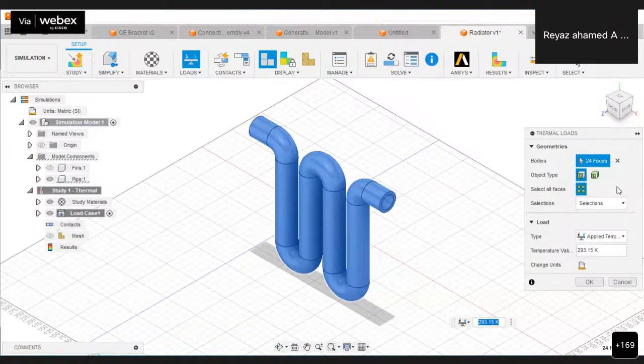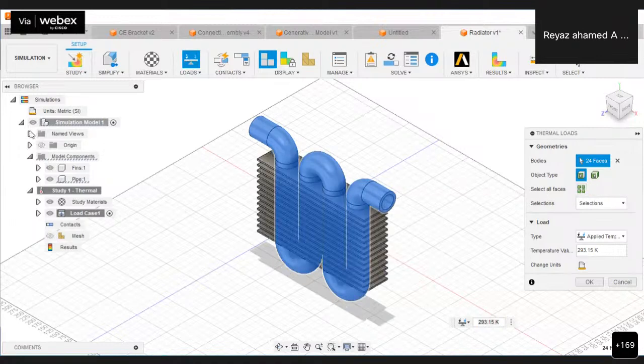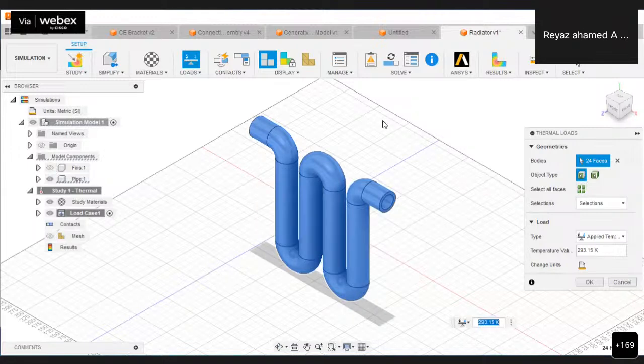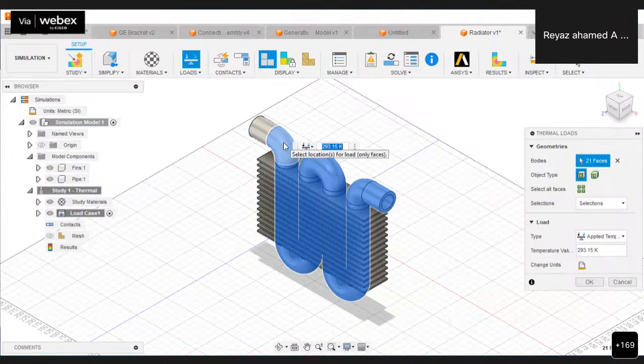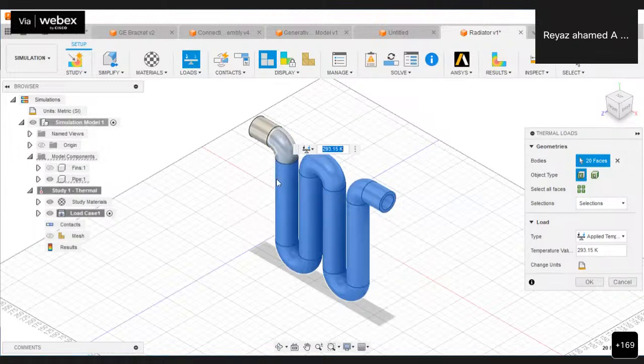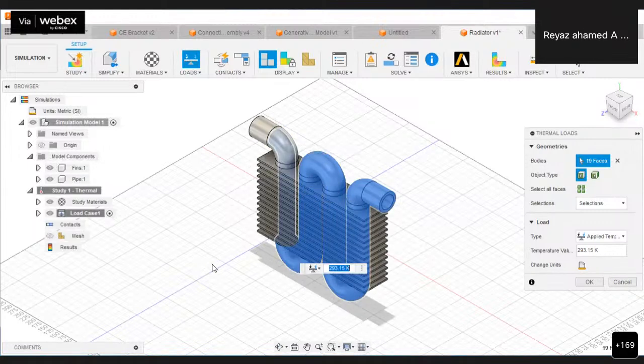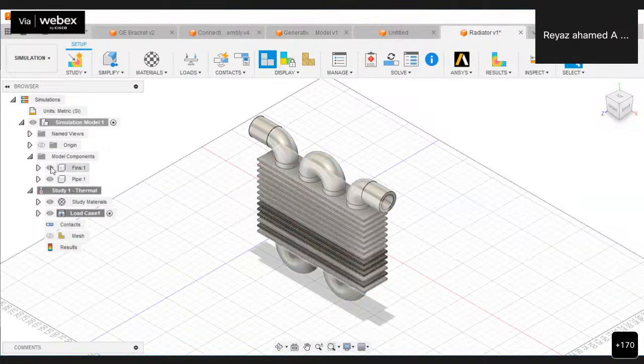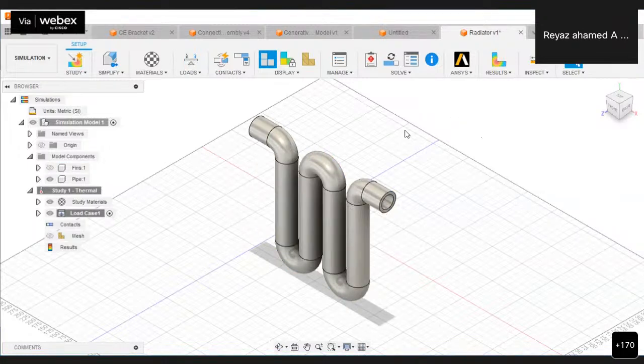Now what I'm going to do is disable the select all faces, after switching off the fin and selecting the faces. I'm going to unselect the outer faces. See, just click on the outer faces. All the outer faces may get removed one by one. See, let me cancel it because every time